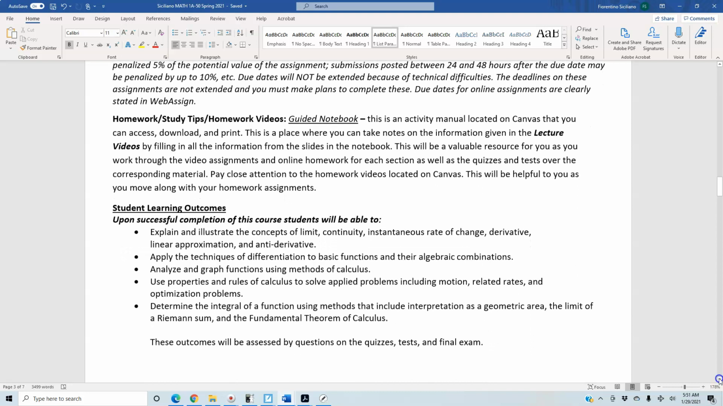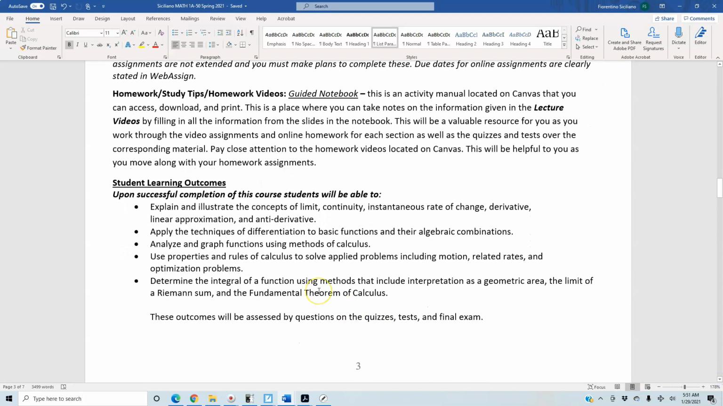The next topic is the student learning outcomes. As I stated earlier, you have 2 parts to the final exam. The first part is going to cover the student learning outcomes. So upon successful completion of this course, students will be able to explain and illustrate the concepts of limit, continuity, instantaneous rate of change, derivative, linear approximation, and antiderivative. Apply the techniques of differentiation to basic functions and their